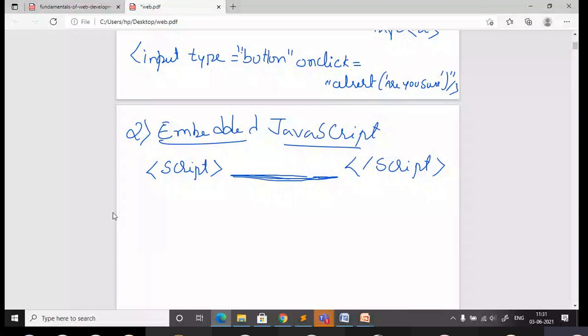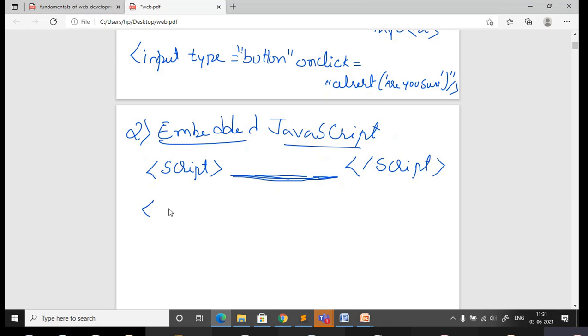Compared to the first method, this will be useful for quick testing compared to inline. I'm not comparing with the external, I'm comparing with the inline. So this method is useful where you can do some quick testing, and maintenance is also going to be easier. But if you are comparing with the external, this is also not a good practice, but still you can use it.